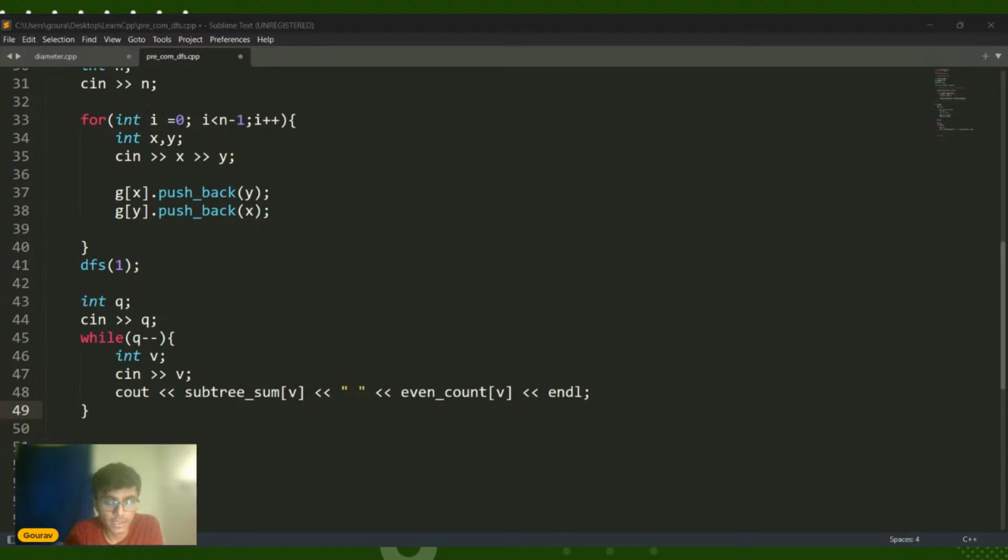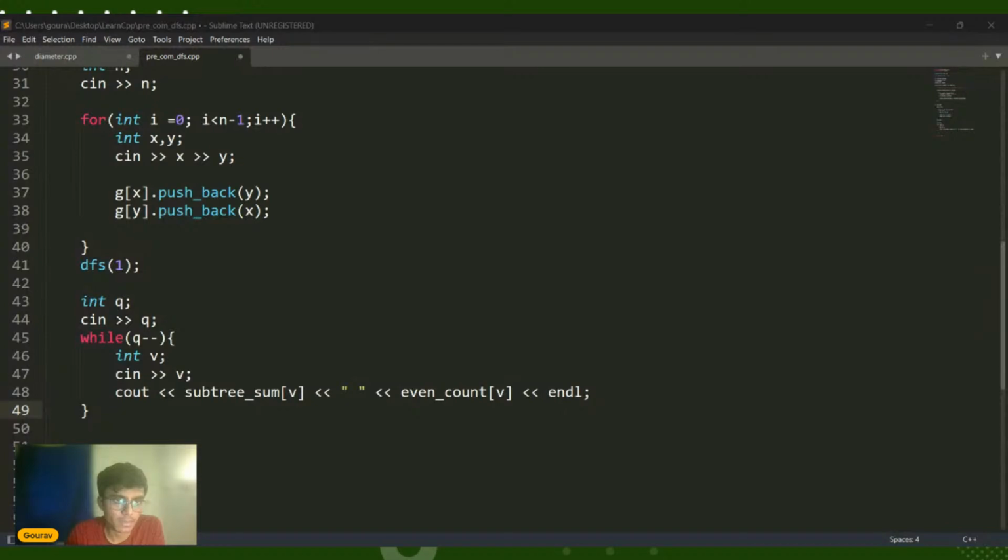And if you are preparing, that even count is basically a similar question that you can do using the same concept. That is basically counting the total number of even nodes in a subtree. Okay, so you can just have another array called even count, and you will only increase the value if the value of the vertex is even. Okay, so same question, but this time a slight modification. So the idea remains exactly the same.